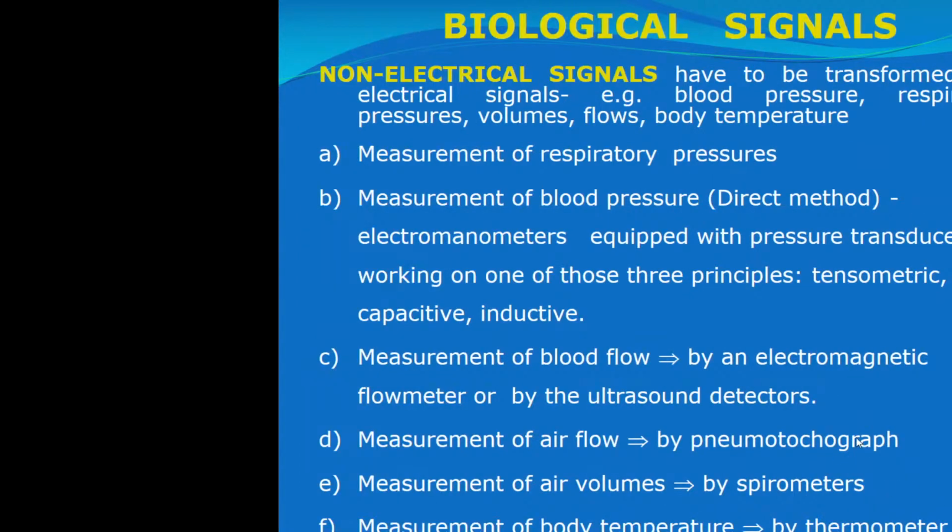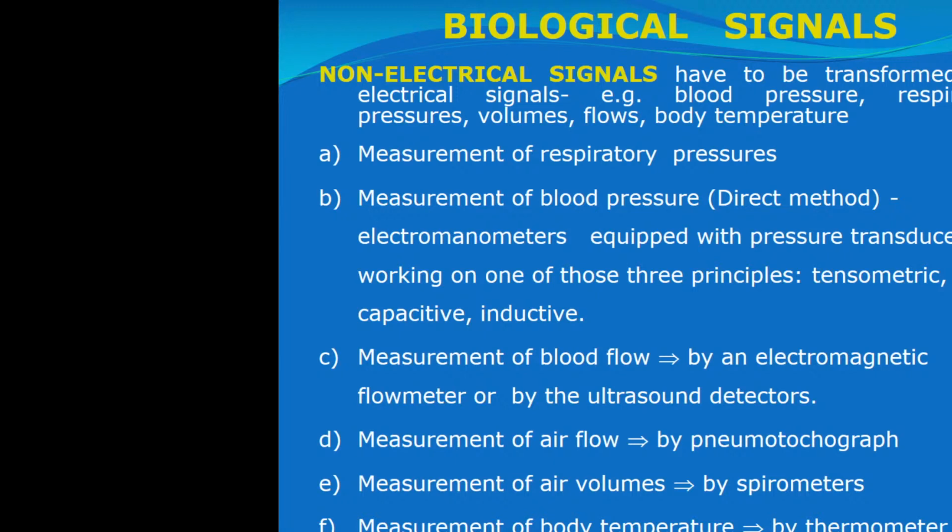Another type of biological signals are non-electrical signals. Non-electrical signals have to be transformed into electrical signals. For example, blood pressure, respiratory pressures, volumes, flows, body temperature. We can measure all these signals by using specific devices. We can measure respiratory pressure, we can measure blood pressure,